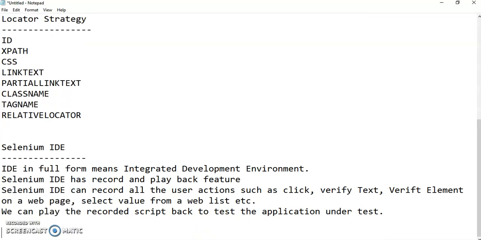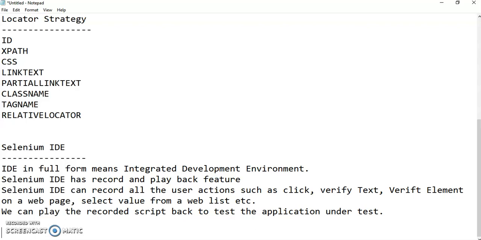So from this definition we got to know that Selenium IDE has a record and playback feature, so we can record all the user actions and play them back to test the application under test.